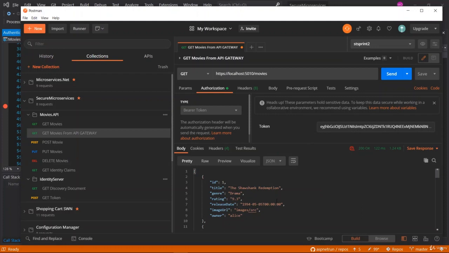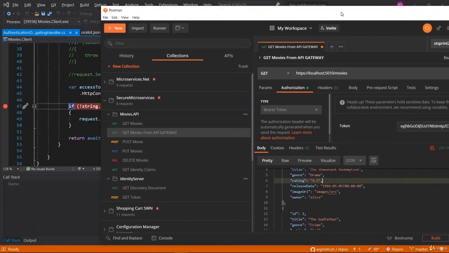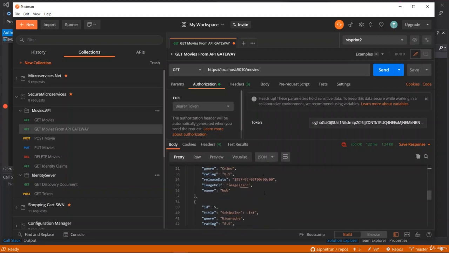Okay, very good. As you can see, we are retrieving the movies API project from the API gateway, because this port is the API gateway and this URL is the API gateway upstream. That means exposing these APIs to external systems. So once we hit this from the front-end channels, it will retrieve the actual information with verifying the token, because we got this token from the Identity Server with putting the breakpoint in here. So everything seems okay, and you can also save this link under our Postman collection. Also I will share this Postman collection in the resource section.